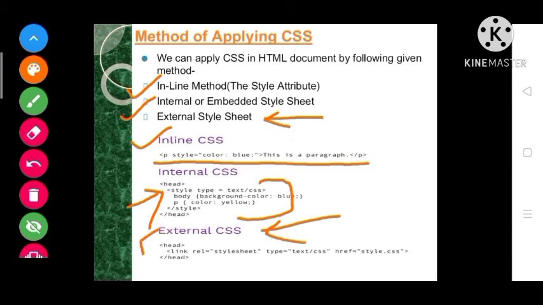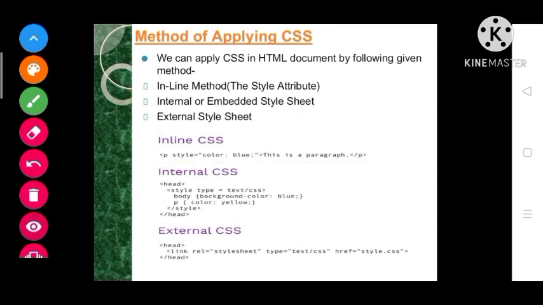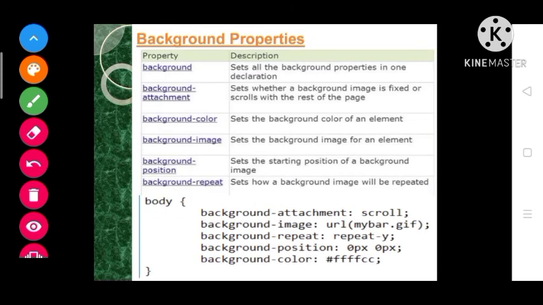External CSS is used to maintain control over multiple web pages, or if we want to make any change on different web pages, then we should use external CSS. So maybe all the things are understood very well, the different methods of applying CSS.